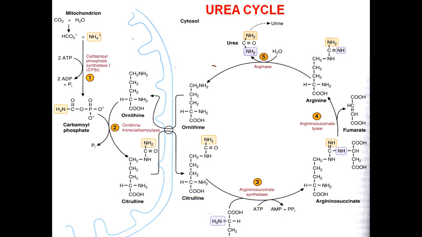So this looks like a closed cycle, but the byproducts that are formed during the urea cycle are linked to the TCA cycle. In the third step, aspartate is utilized, and the byproduct formed in the fourth step is fumarate, which enters into the TCA cycle. In the third step, the aspartate that is required for condensation with citrulline comes from the TCA cycle again. So this is how the urea cycle is interrelated and interconnected with the TCA cycle.